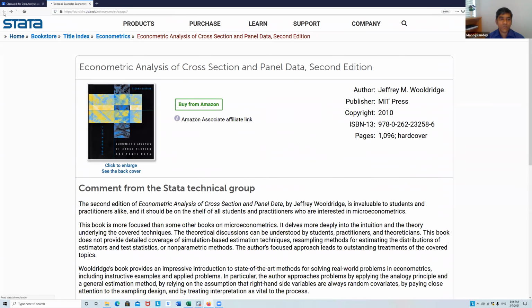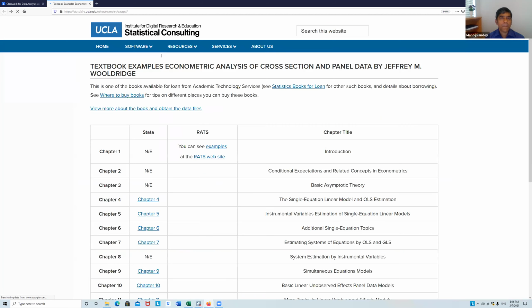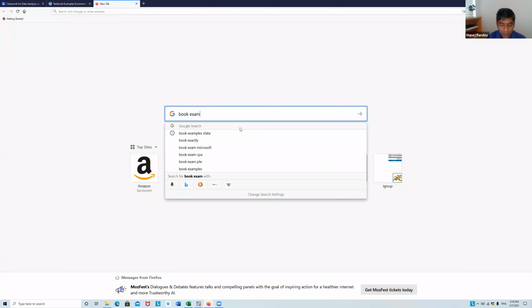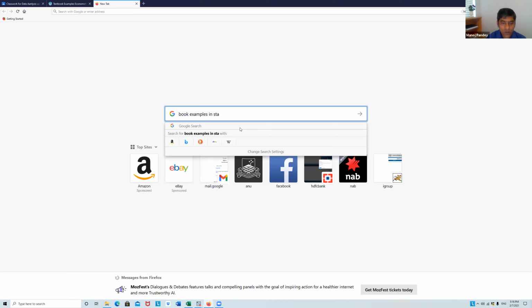It's just for purchase. But the best way of doing this is to go by book examples in Stata.